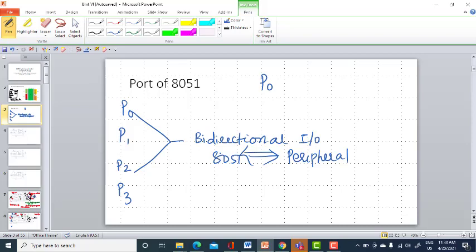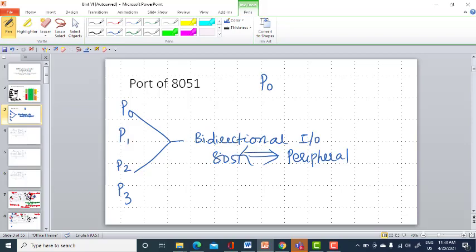If it is an input device you are connecting to, you can send the data, and from the 8051, if you are connecting any output peripheral, namely any display device, either your monitor or a 7 segment LED, you can send the data to the peripherals. Okay, in general, I/O peripherals.